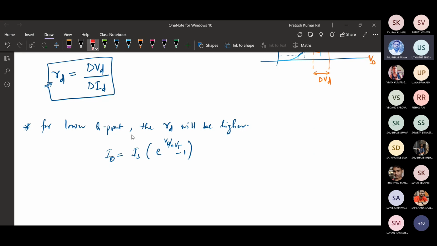So once we need to find out the differential input voltage divided by the differential output current, to find this relation we need to differentiate this with respect to the diode voltage. On both sides we are going to differentiate. Once we differentiate, we can find that this RD will be the differentiation of input divided by the differentiation of the output, that is ID. So that comes out to be NVT divided by ID. Okay.